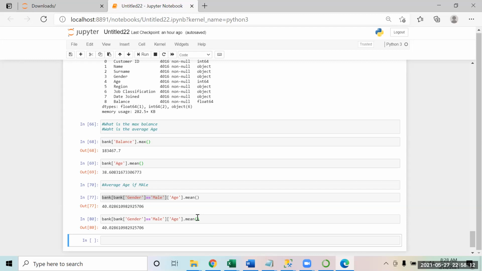Where is lambda generally used? You said it's important. See, we will be doing it. What happens over there is you will have to create a lambda function on this. When you are writing this age over here, we will be using lambda like this. Then you write that function you want to create, that x variable that you give, and then you give that calculation, sum divided by this. Here we're going to use the mean function only, because we straight away have it, and the same thing we would have to use in a lambda also. So it doesn't make a use over here, but definitely I'll show you a couple of examples where we will be using the lambda function as well.